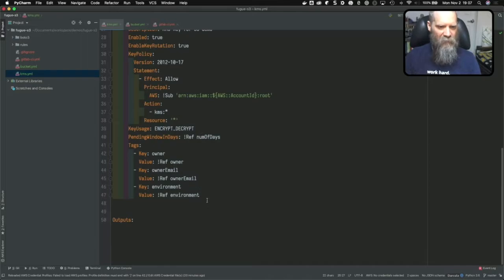Okay. The other thing that I like to do also is an alias. So we're just going to call it alias 0, and this is going to be, I think it's just KMS alias. We're going to use another attribute called depends on. We can't create the alias until the key exists. So remember that CloudFormation will try to deploy resources in parallel. And this might work out okay, but I like to use the depends on attribute as a way to kind of control it a little more. And then we're going to say properties